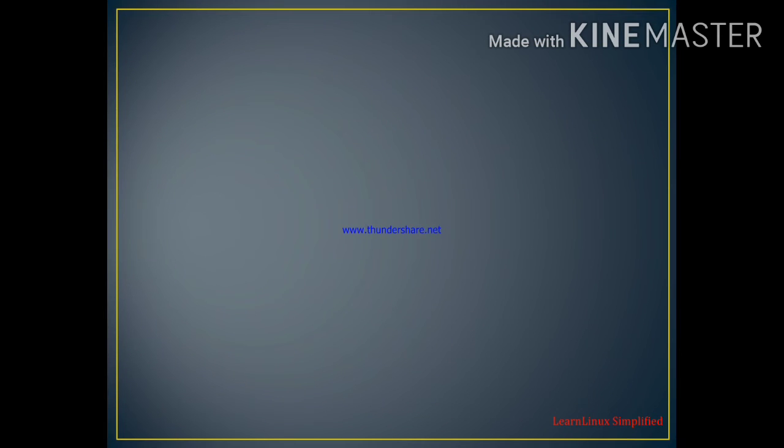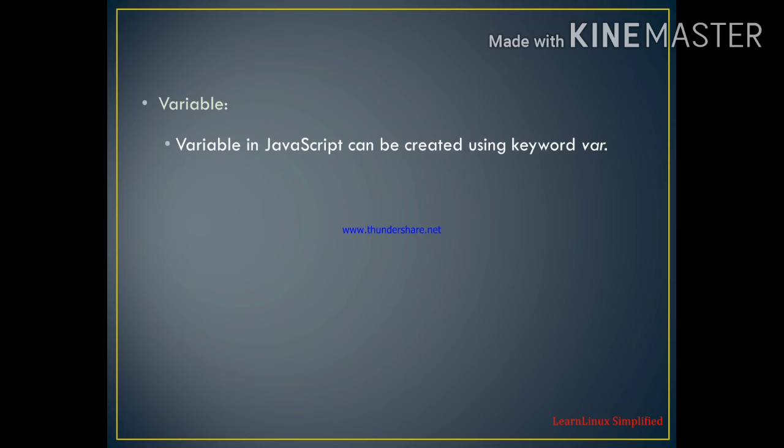Then next come to variable. A variable in JavaScript can be created using the keyword var. Means a variable is basically used to store any kind of value, and in a script we can create a variable through the keyword var. Now the most important thing we need to learn here is that variables in JavaScript are loosely typed. Loosely typed in the sense it doesn't have any particular type.